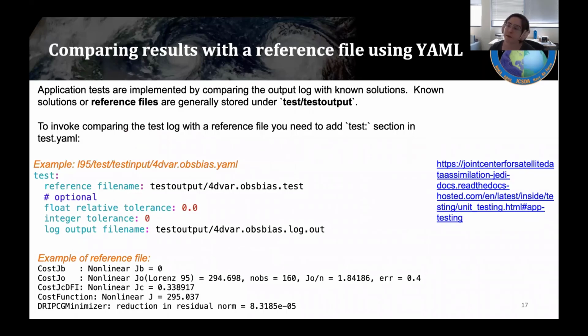Okay, so how do we compare the results with the reference files that I talked about? This is a relatively new feature that we've added that compares the test outputs with the reference file within C++. Before that, we were using a Python script, but now it's incorporated at the C++ level. So if you want to activate the comparing process that compares the test log with the reference file,